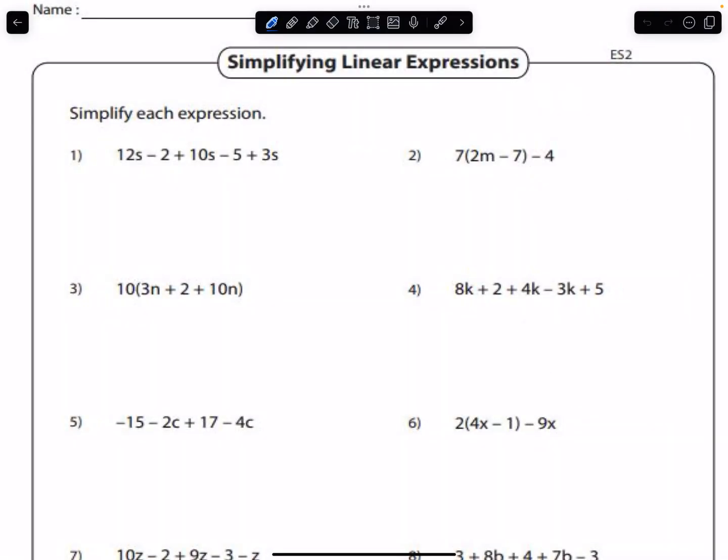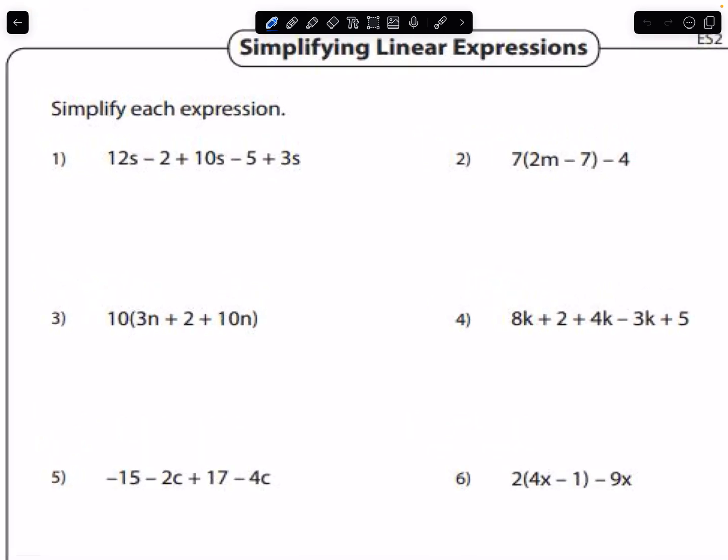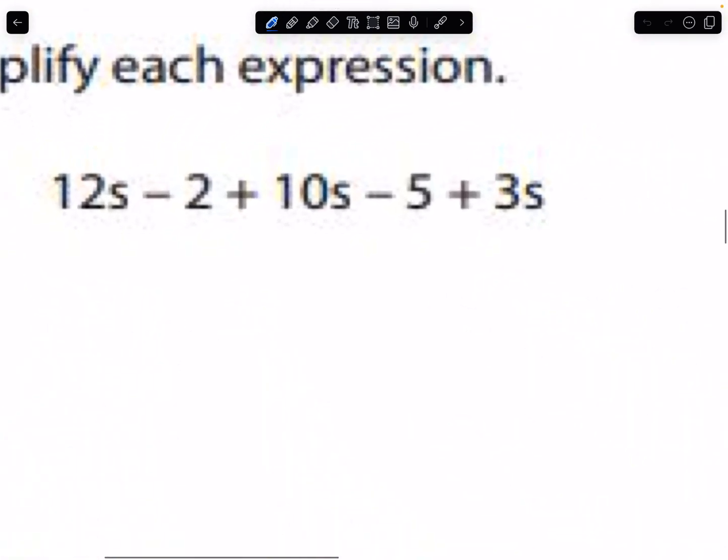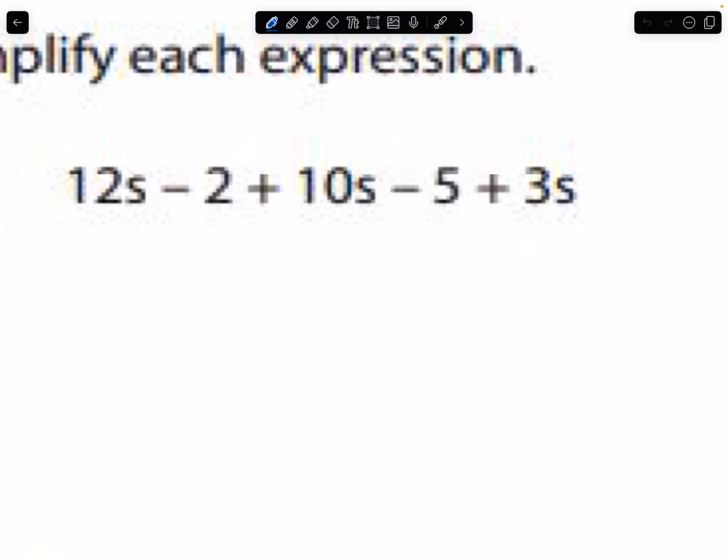All right, day 2 of simplifying linear expressions. We are going to start just by simply reviewing the steps of combining like terms. Okay, so step 1, you put all of the letters together, making sure that you include the signs that go